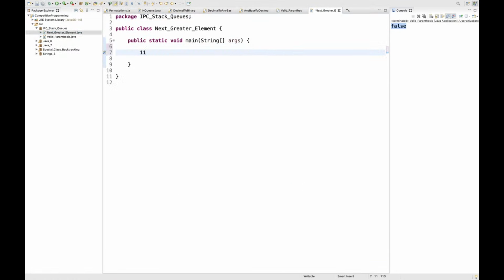Let's say the values are 11, so you put it in the stack, 4 in the stack, 3 in the stack, 2 in the stack. So whenever you come across a 10, you simply wipe these values. Now you cannot remove 11. Why? Because it is greater. So you put 10 here, then you come across a 12, and 12 can wipe all these values, and in the end just one value is left, which you can put.